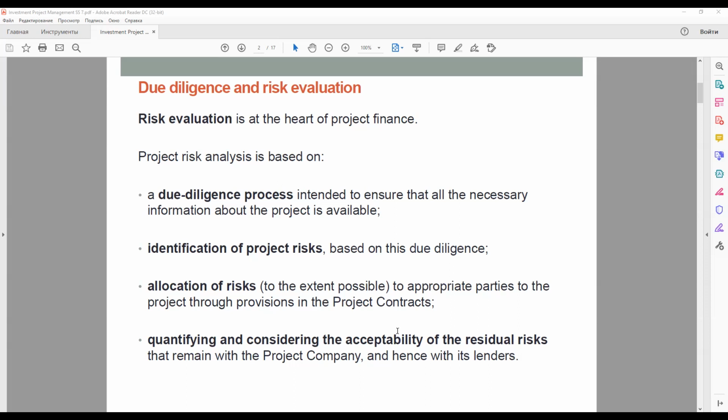They need to ensure that project risks are allocated to appropriate parties other than the project company, or where this is not possible, mitigated in other ways. That is one of the core concepts of project finance. You have a lot of various risks inherent to project finance, but it is not the case that the general partner or managing company or general sponsor should bear all these risks.